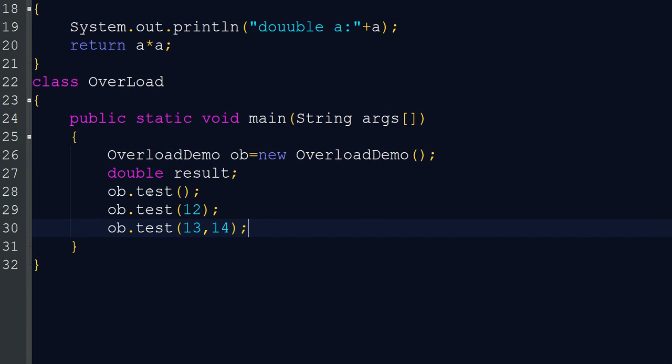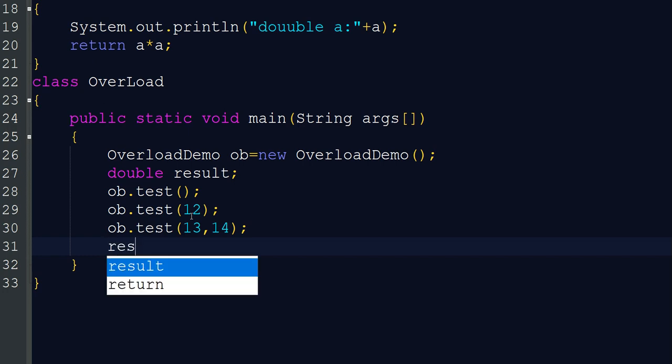So all these methods have the same name, but the Java runtime system can easily recognize which method will be called, by checking the parameter list. Okay, ob dot, here one more is there, that method is returning one double value.